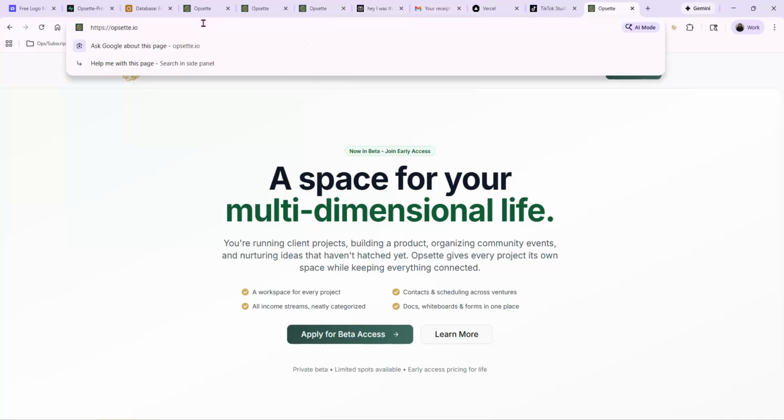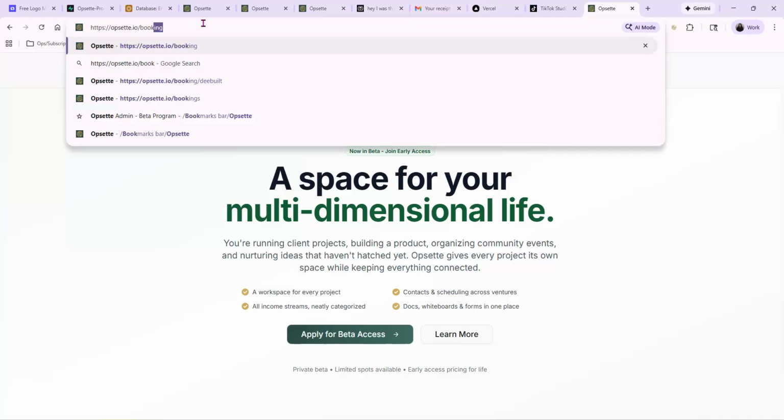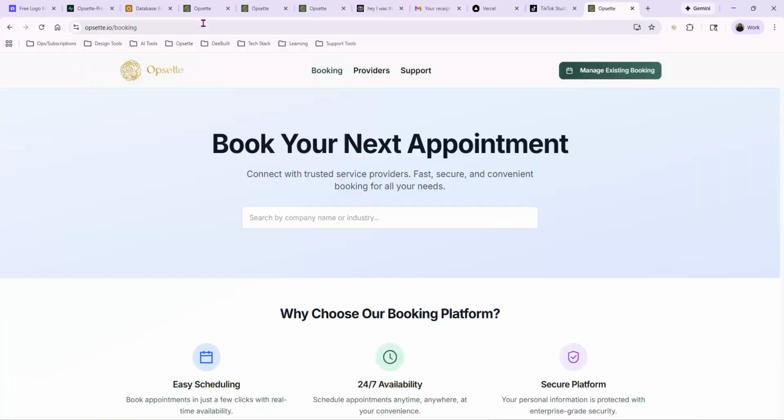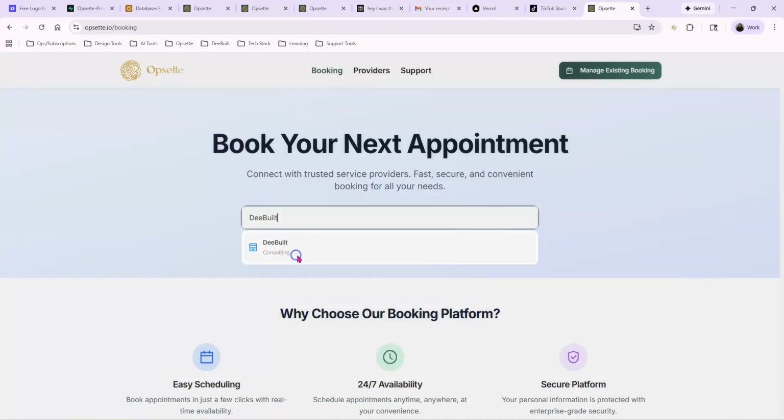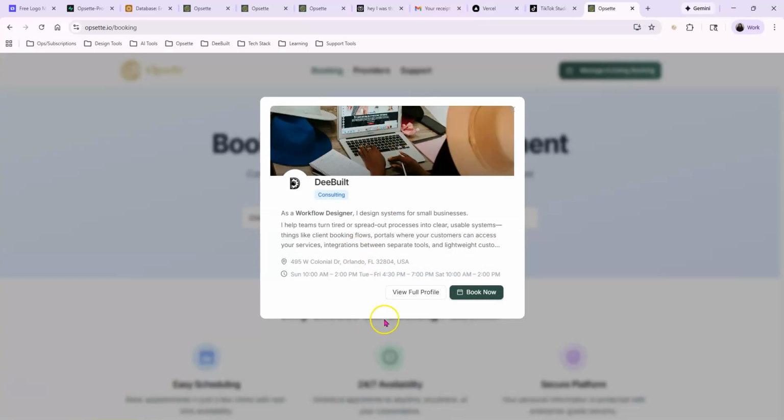Last thing too, that's kind of cute. If you don't want a full website, let me actually look at our providers page. No, let me start with booking because it's cute. What I hope is once we get enough users in here, then we already have our booking page. Someone can come onto our site and start to search for their service provider. Once they find them, you see this cute little business profile.